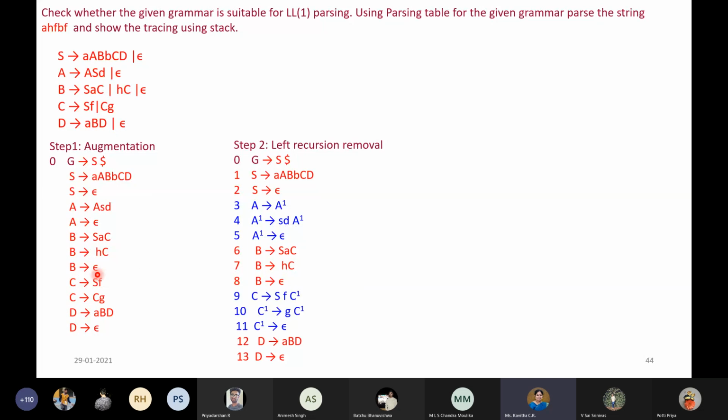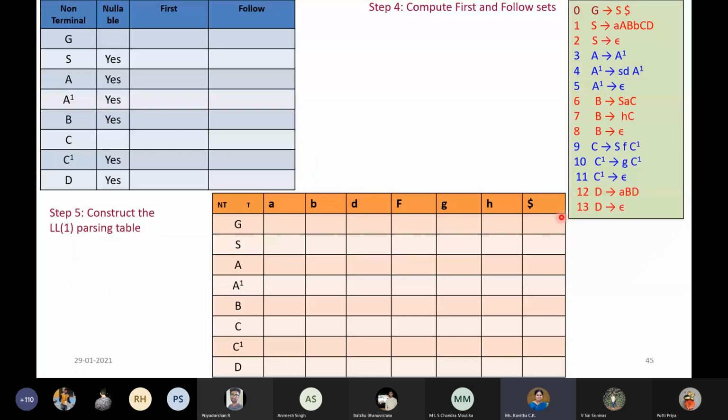Then for C, we have left recursion, so we will have to remove that. After removal, the grammar looks like this. For D, we don't have anything, no problem. So we can continue. Now I have labeled the rules. Of course, you will have to check for left factoring also. In this particular example, there is no left factoring required, so that's why I have labeled. Otherwise, you have to finish the left factoring also, and then label the rules. So no left factoring is required for this example. Okay, so now what is that?